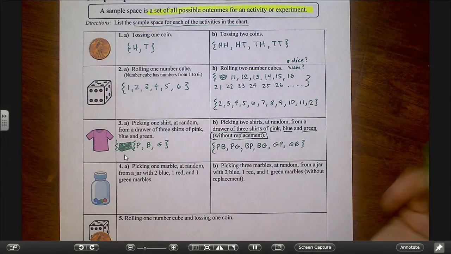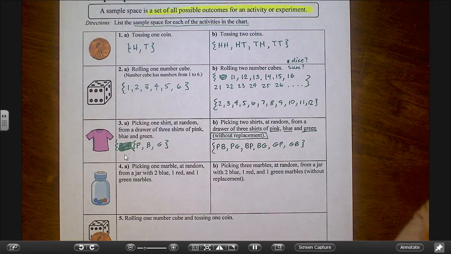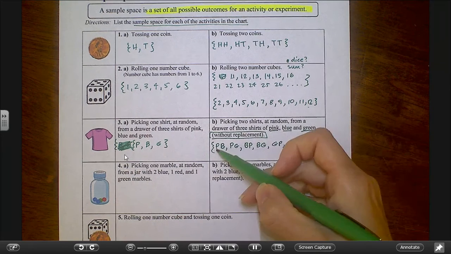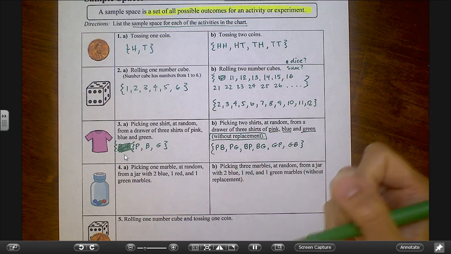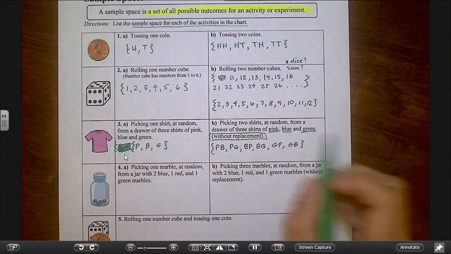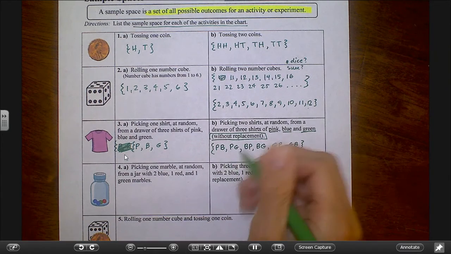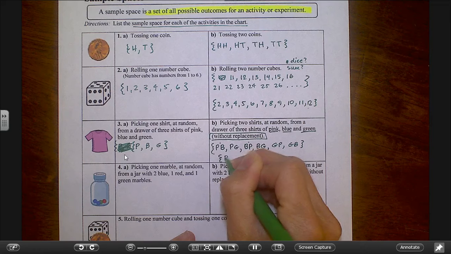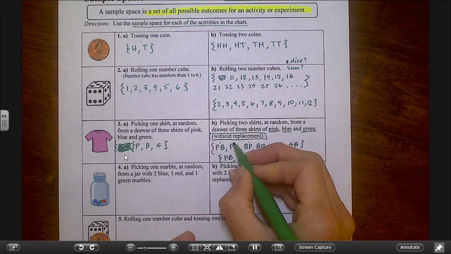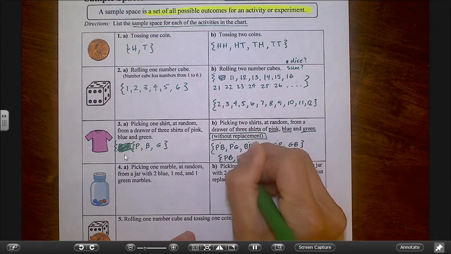And then it kind of begs the question, does order matter? So does it matter that I first picked up a pink shirt and then a blue one? Or does it just matter that I have a blue and a pink shirt? Because if it matters only that I have a blue and a pink shirt, then the ones that are the same, like this is pink, blue, this is blue, pink, would only be listed once. And then pink, green, green, pink would only be